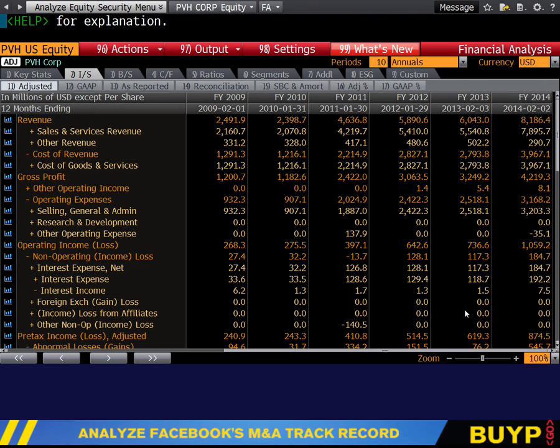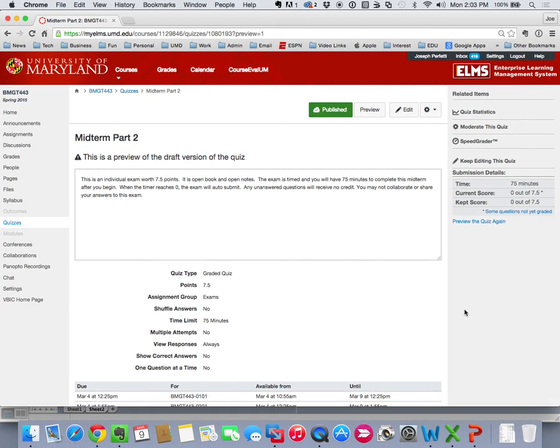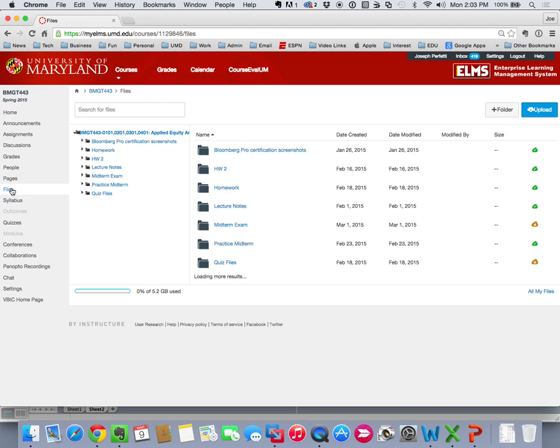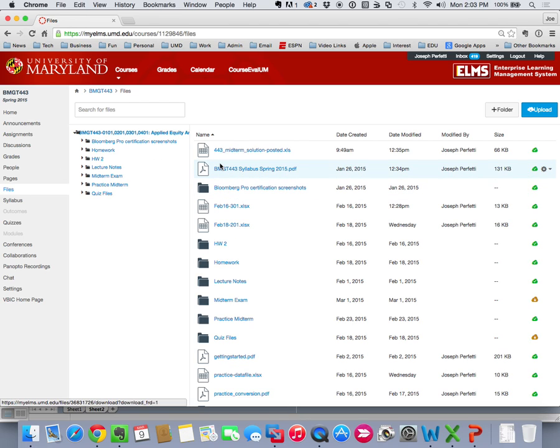So today, what we're going to do, as I said, before we get into multiples, talk a little bit about the midterms. For part 1 of the midterm, under the files section, I put up an Excel solution to the economic statement conversion. And if you remember the conversion, I'd say 90% of you got at least a 6.5 or better. The vast majority of you got 7 or better. So I think that most of you did pretty well on it. If you struggle with that, obviously there's the Excel file with the actual conversion. You're welcome to look at it. If you were challenged, talk to the TAs, talk to me, and we can help you figure out where you were challenged.